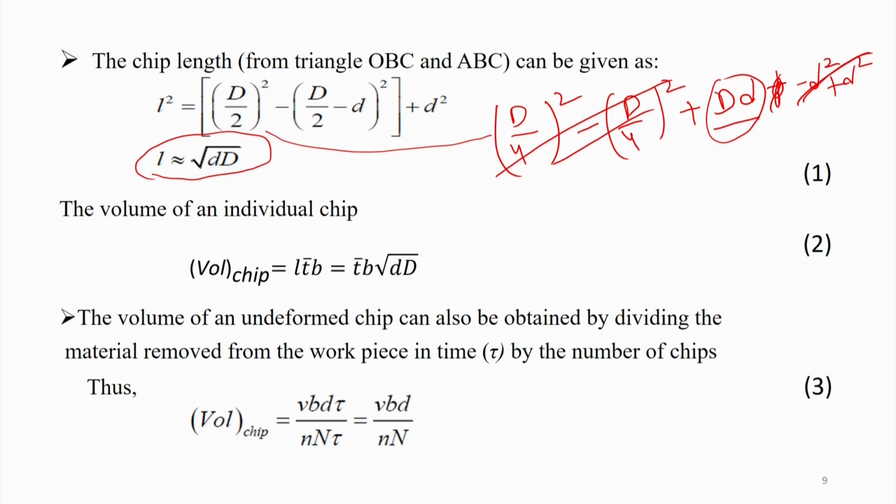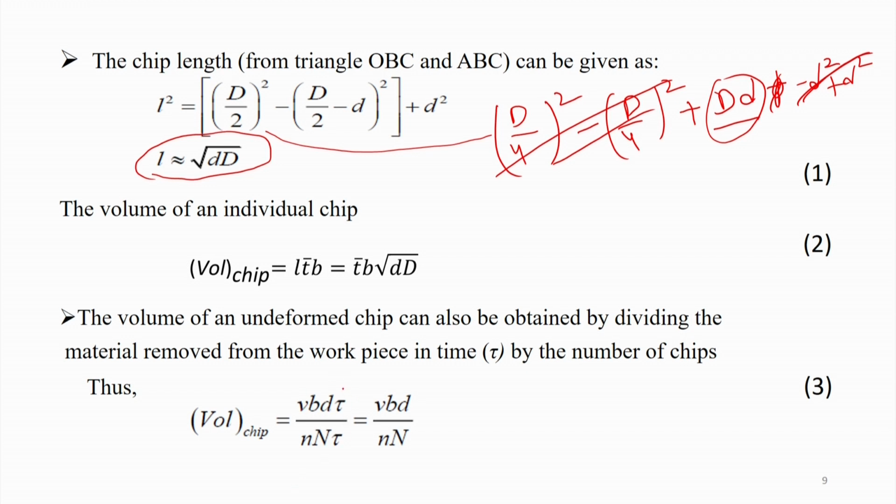Now, volume of an individual chip is actually L and average thickness T, B. So, that means we can say T B under root dD. Now, volume of an undeformed chip can also be obtained by dividing the material removed from the workpiece in time tau by the number of chips. So, volume of a particular chip can also come by this formula. V means speed of that table, B is the width and D is the depth and multiplied by time, and this is